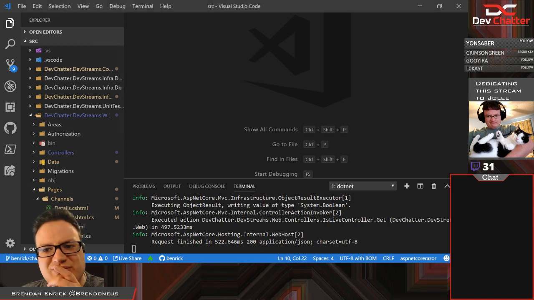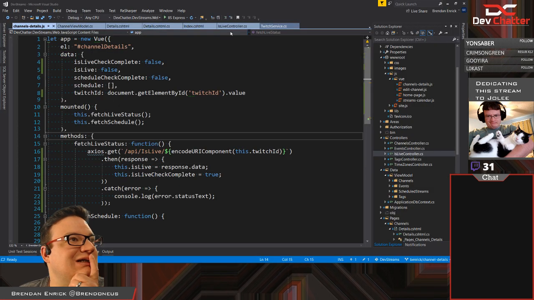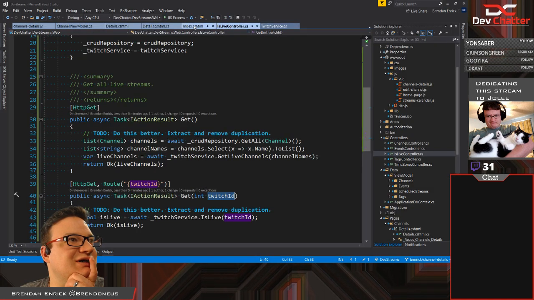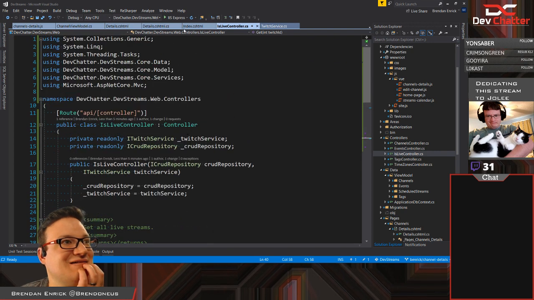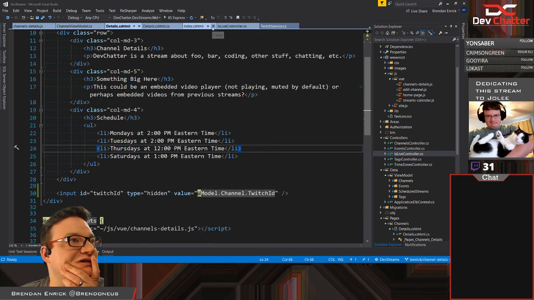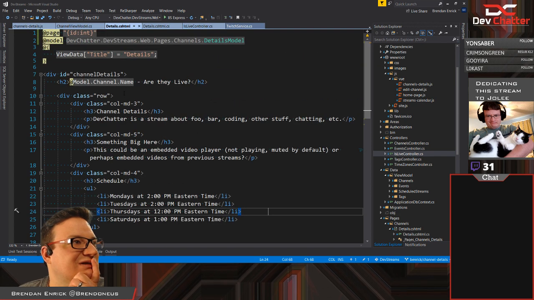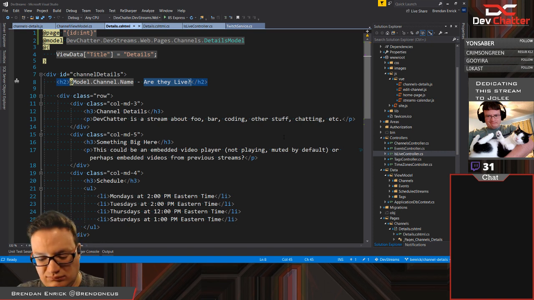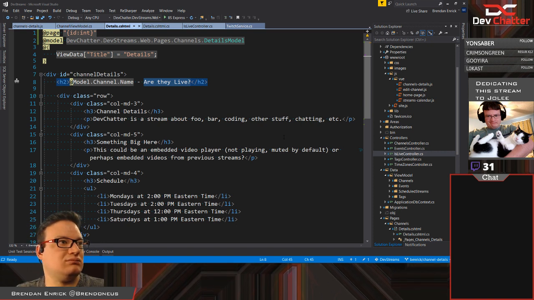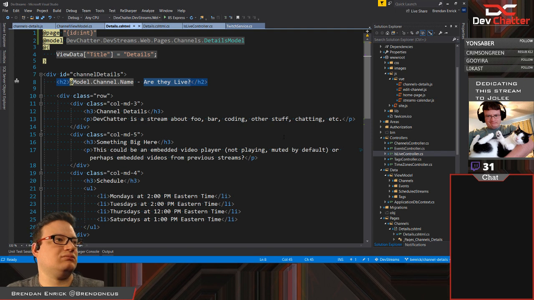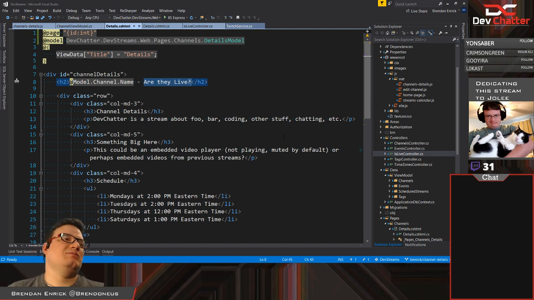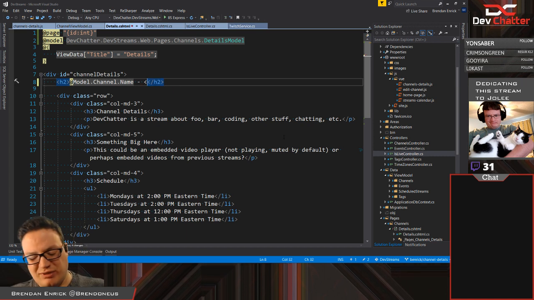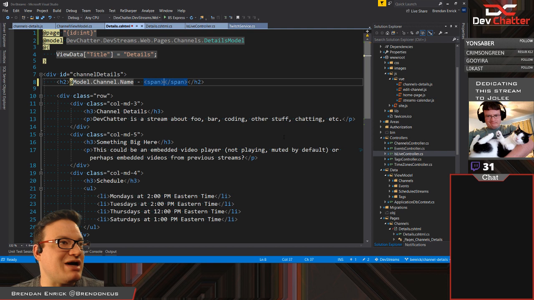Next thing we need to do to make this work is this. Let's actually bind that value to something. So on the details component HTML file, we want this to be visible if it's that. So do we put like a span in the H2 or something? I don't know. I'm bad at this part.